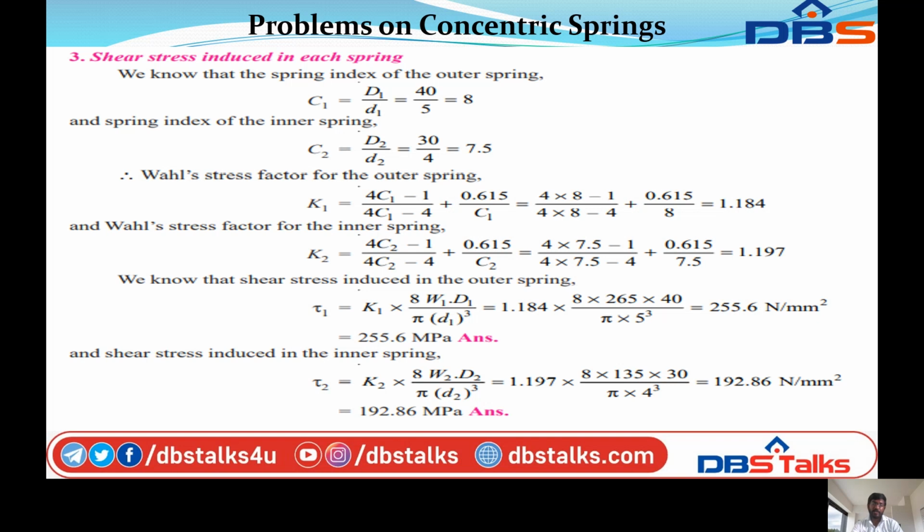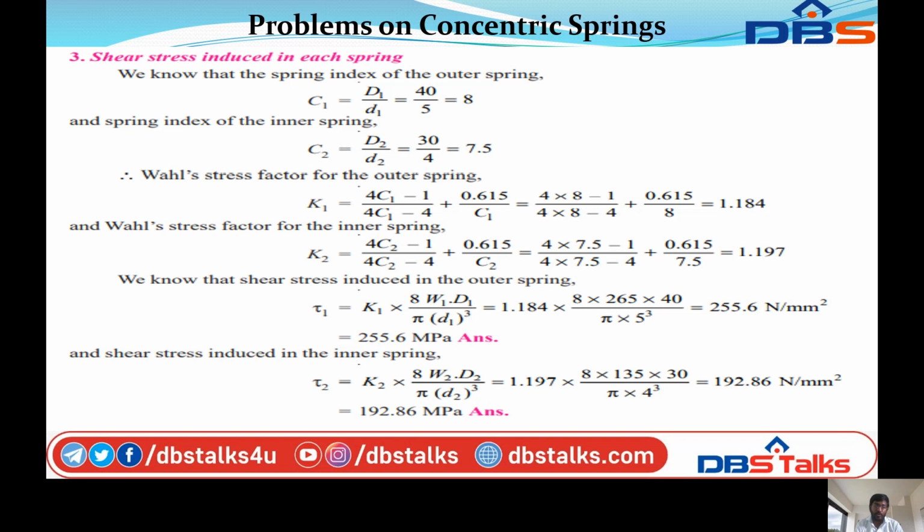So substituting the values, that is equal to 1.184 into 8 into 265 into 40 by pi into 5 cube, that is equal to 255.6 Newton per mm square, that is equal to tau 1 is equal to 255.6 megapascals, and the shear stress induced in the